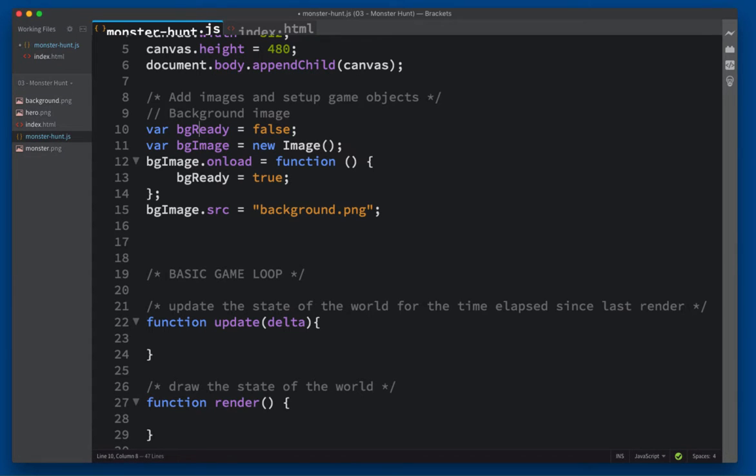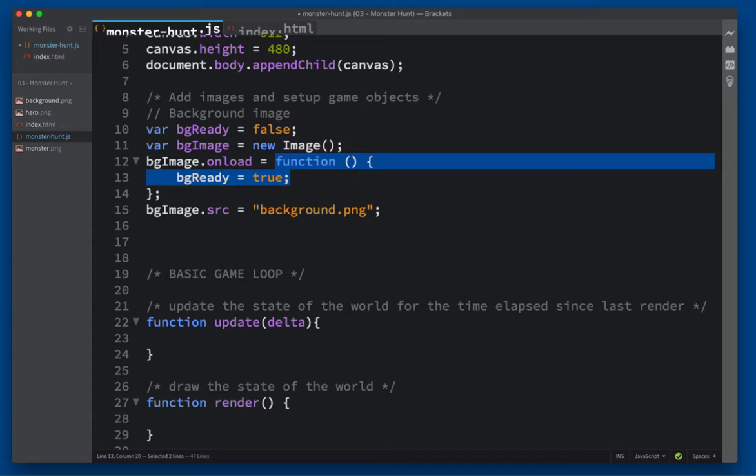So we're going to use a little technique where we use a variable, in this case bgReady we'll call it, which is short for background ready. I'm going to set that to false because the background isn't ready just yet, which means we're then going to load, as we saw in our example, our image using the new Image method into a variable. We'll call it bgImage, background image, and we use an onload function, an anonymous function